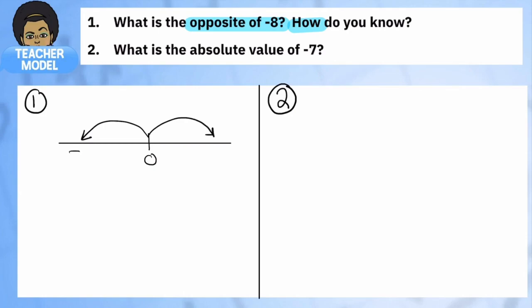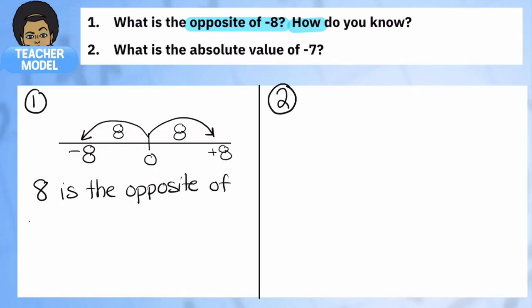If we have -8, we know that it is 8 units away from zero on the left. So what if I just went 8 to the right? What number would you end at? Well, you would end at +8. So that is the opposite of -8. Let's write that down. 8 is the opposite of -8